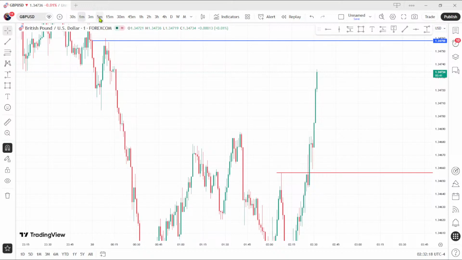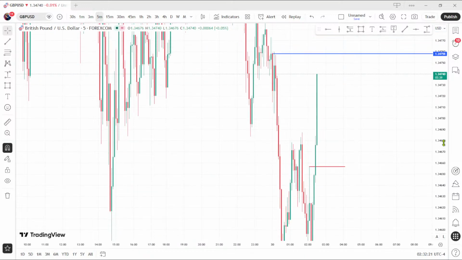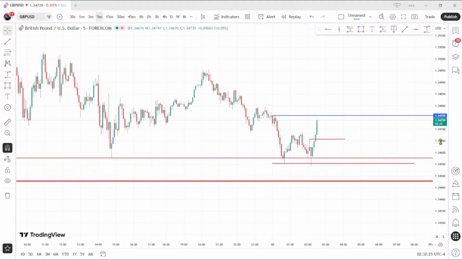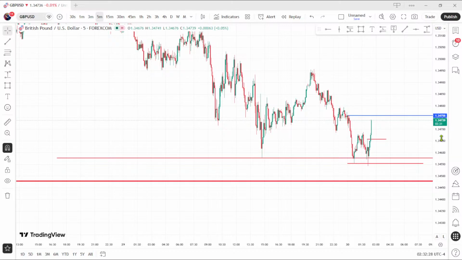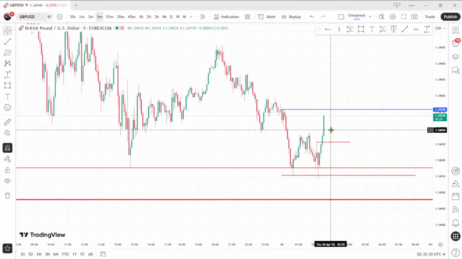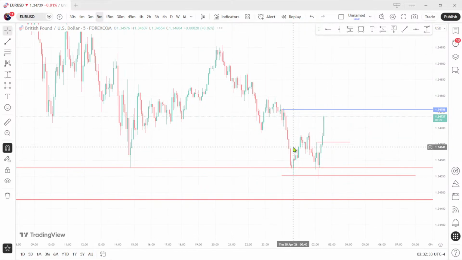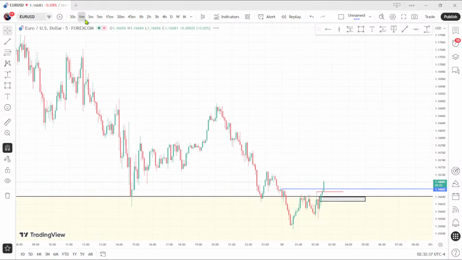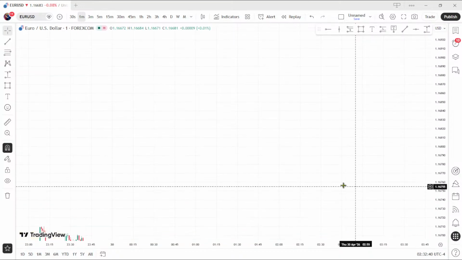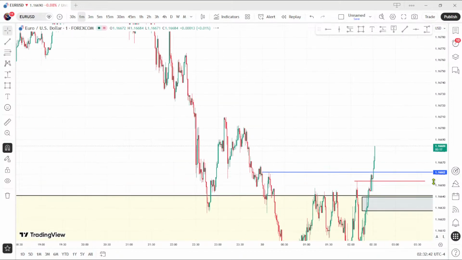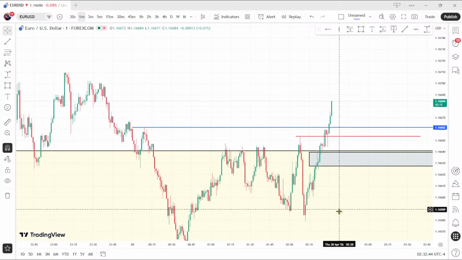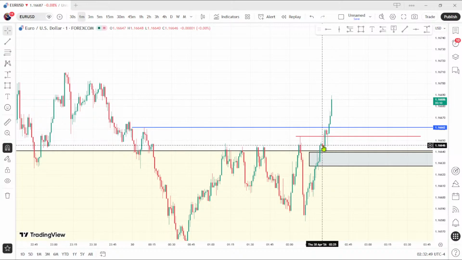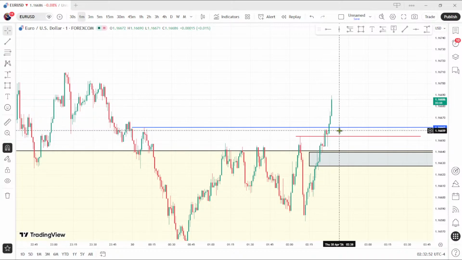Now any fast retracement to a fair value gap, we probably want to see a bullish price. Any retracement to a fair value gap? See that SMT. Also the euro. Is there any retracement to a fair value gap? There is none. But this is another block. Price should not come below this.